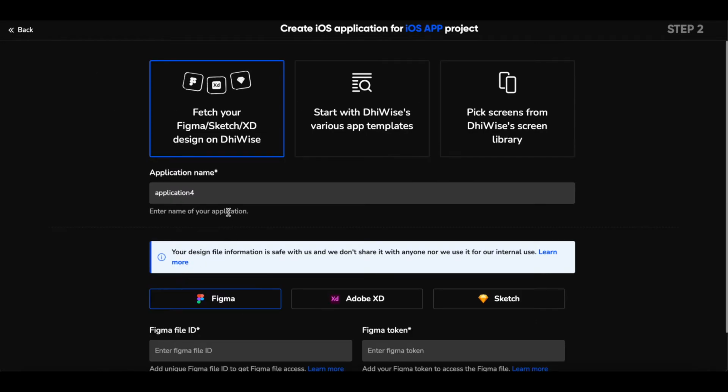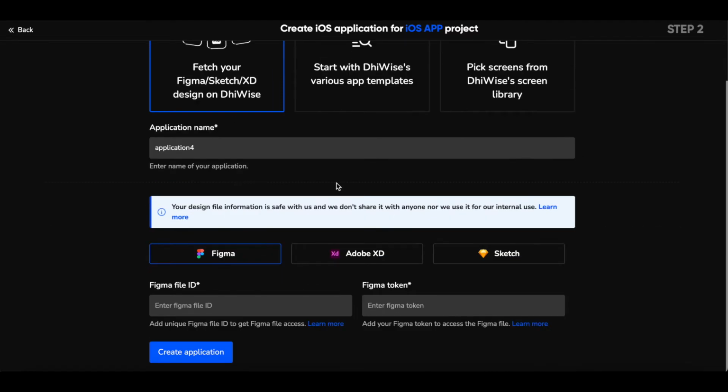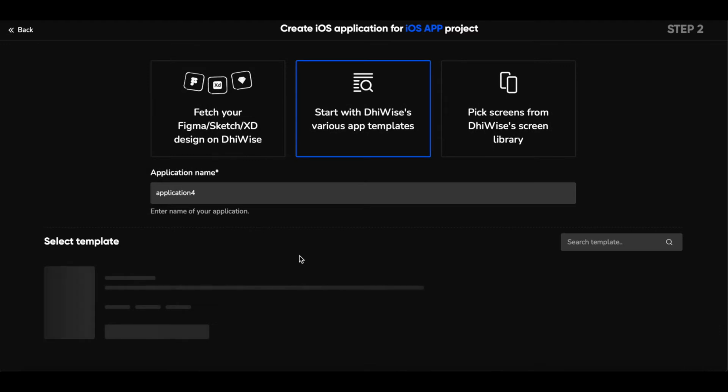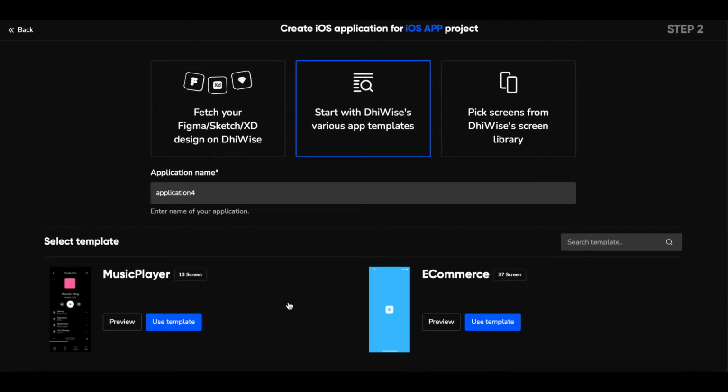If you are creating an app in our iOS app builder, you first need your app design, and no matter whether they are in Figma, Sketch or Adobe XD, we have got you covered. You can bring this design to Device and in return, we give you its fully functional code in a minute.